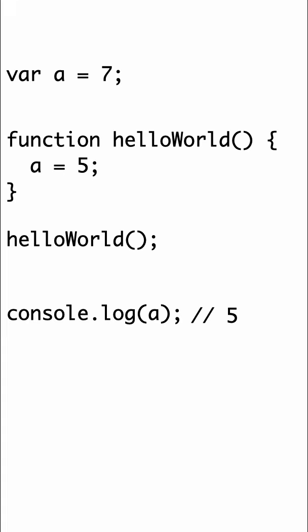But here's the important gotcha you should pay attention to. You might think that if we leave off the initial var a at the top of this file, the new var still gets created inside of the closure. It doesn't. Outside of the function hello world, a is not only defined, but it is set to the value we set it to inside of the function, even when we used var. That's because JavaScript doesn't find a var in the scope chain and creates a new variable as if it is in the same scope of the function where it is defined. That is, the same scope as the hello world function itself. As you can see, this gets counterintuitive very quickly.